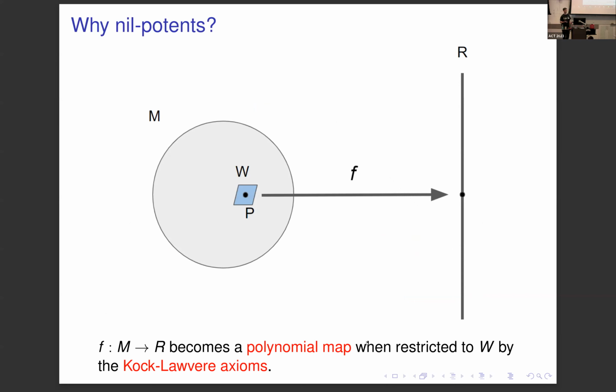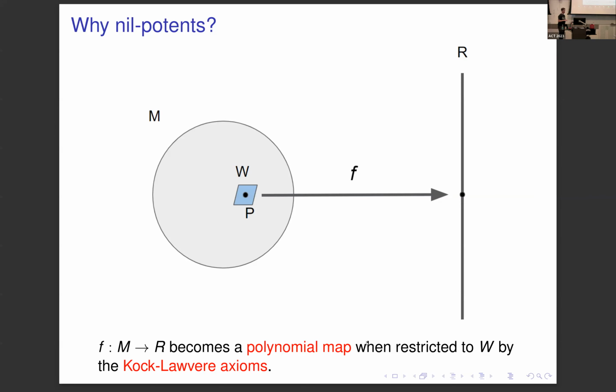If I have a map from my smooth space M, and I'm believing, like the engineers and the physicists do, that whenever you have a map, you're looking at a Taylor series. Okay, so everything has a Taylor series. It's a beautiful world. And what happens if you plug a nilpotent into a Taylor series? Well, it will automatically truncate, and you will get a polynomial. And that is the whole idea behind the so-called Kock-Lawvere axioms, which formalize what we understand by infinitesimal spaces. How do we define what that is?